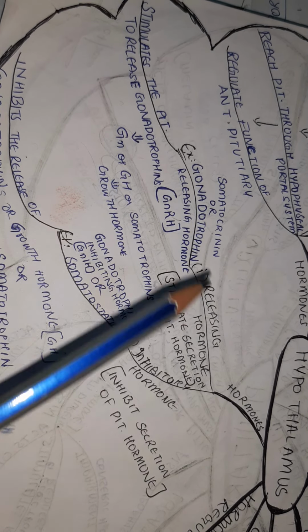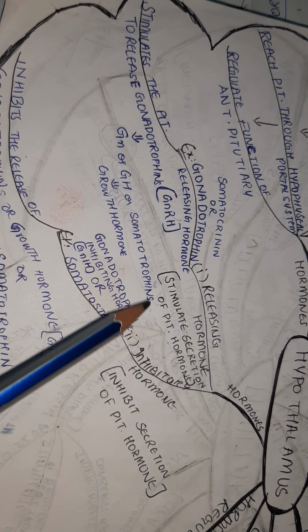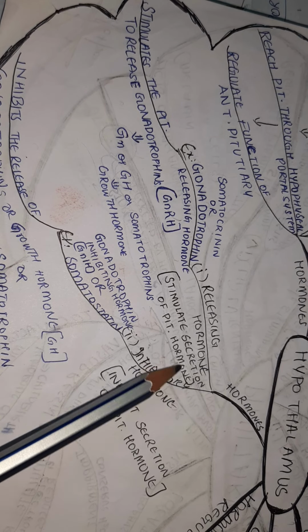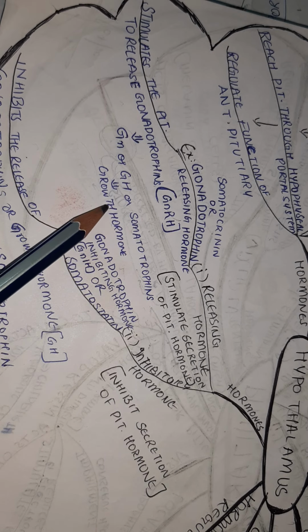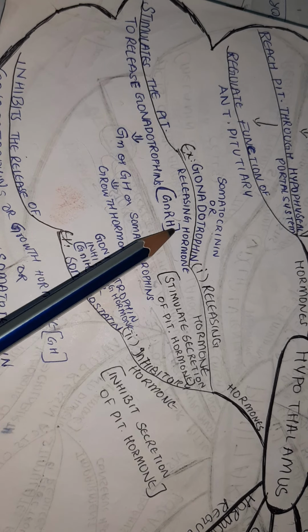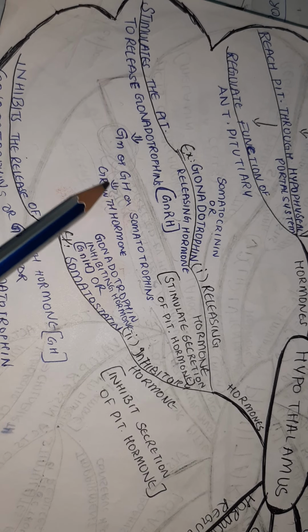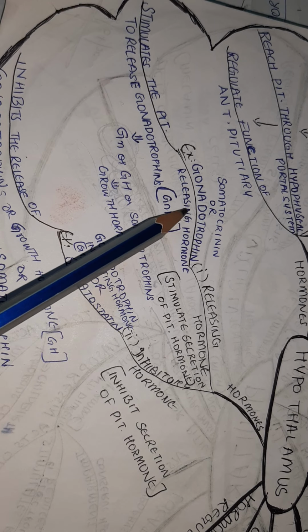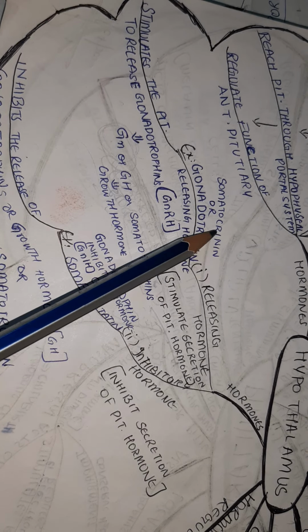So in short, releasing hormones means hormones which give the direction to the pituitary gland to secrete hormones. And what are the hormones secreted by the pituitary under the influence of GnRH? Gonadotrophins or growth hormones. Growth hormone is also known as somatotrophin, and gonadotrophin releasing hormone is known as GnRH or